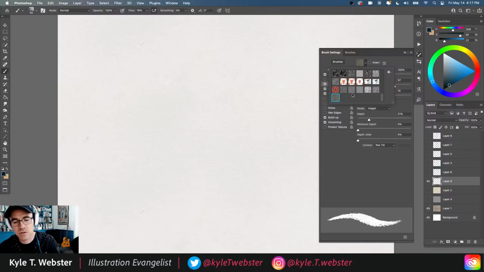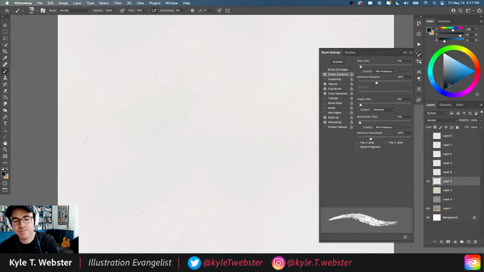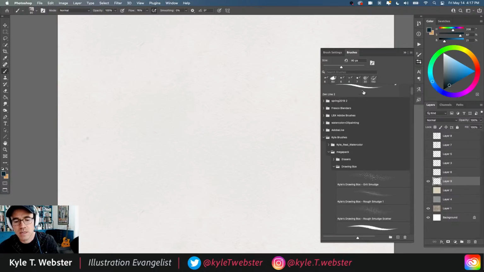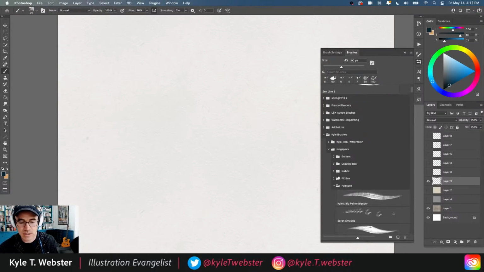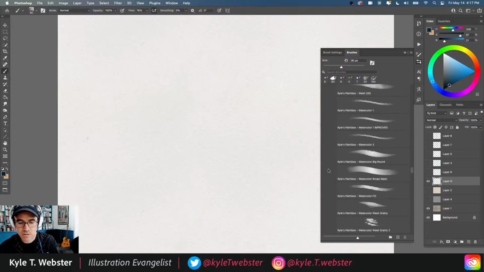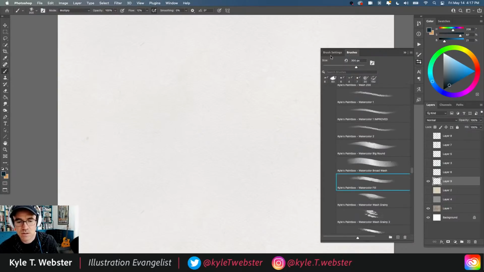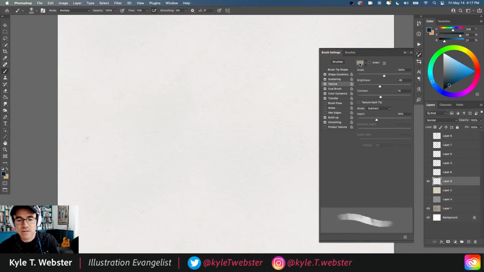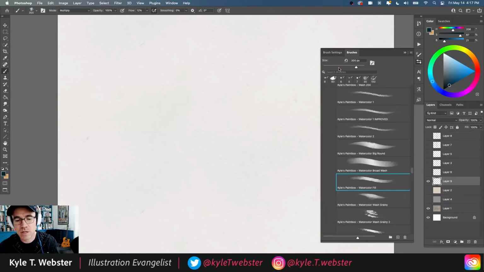So what you could do then is fill your canvas with it. The paper texture I'm using here is a combination of this one, which is from Kyle Paper Pulpy. If you go to your brushes in the Mega Pack, go into the painting category and select the watercolor fill brush right here, this one. Go to the texture, you'll find it right there. Just save that one, Kyle Paper Pulpy. Sorry, it's hard to say that. Go ahead and save that. And whatever texture you have,